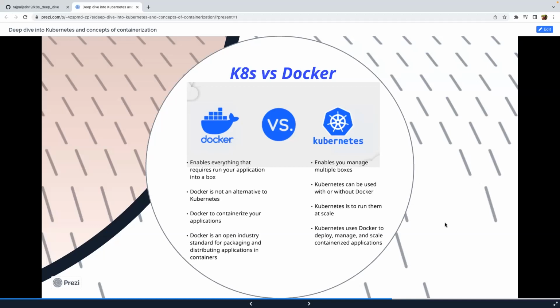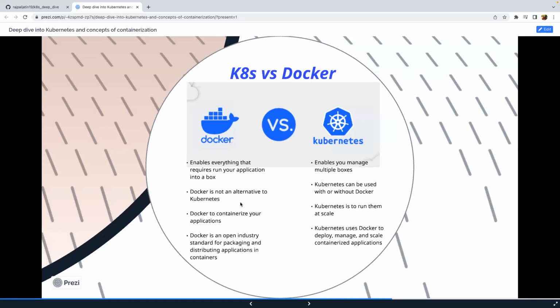One application is in one box. Now you have four or five boxes, with different components taking care of different functionalities. How are you going to run that? That's where the need for Kubernetes comes into the picture. It enables you to manage the multiple boxes that you've created as part of your previous step.